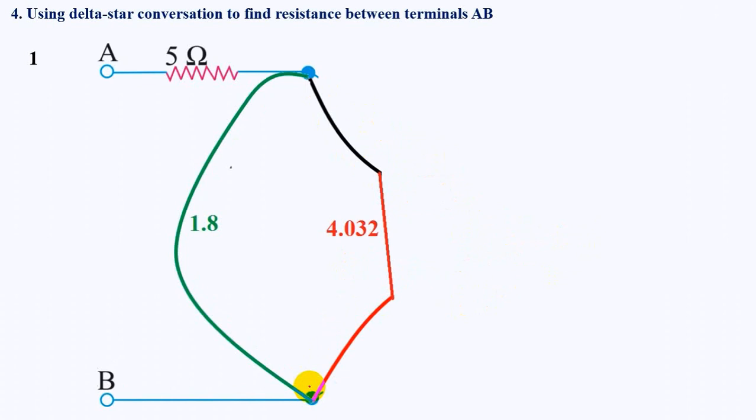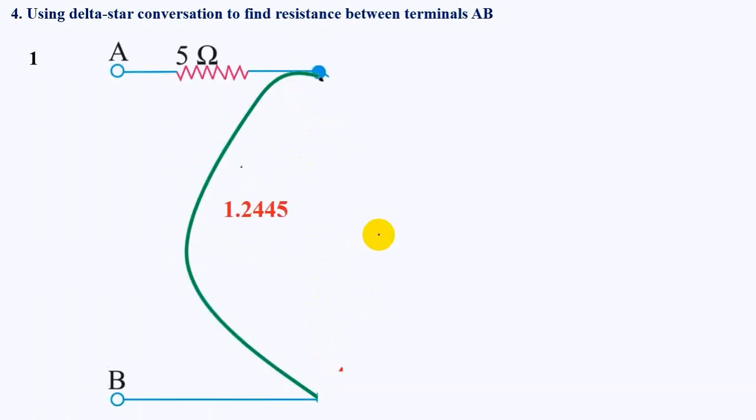What do you do now? Again, check from scratch. Check if there are any elements in series. And the answer for that is no. None of the elements are in series now. So what do you do? Go for step 2. Check if any elements are in parallel. Yes. Between these two junctions, these two branches are parallel. 1.8 has two ends, which is the same for 4.032. Just apply your concept of parallel, and this is the solution. And I hope it's clear now that these two are in series, and your answer is 6.245 ohms.